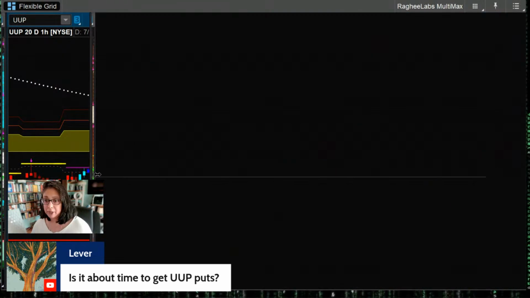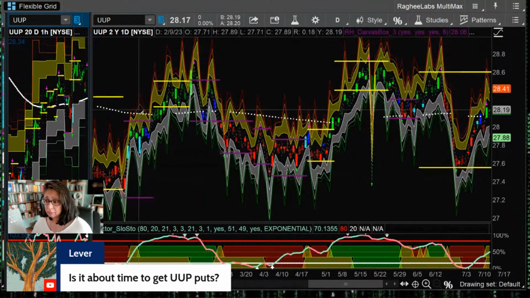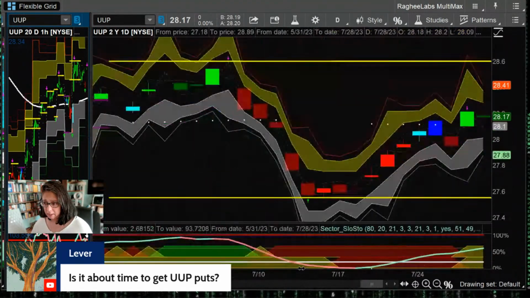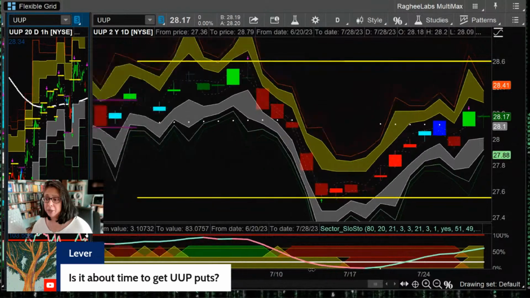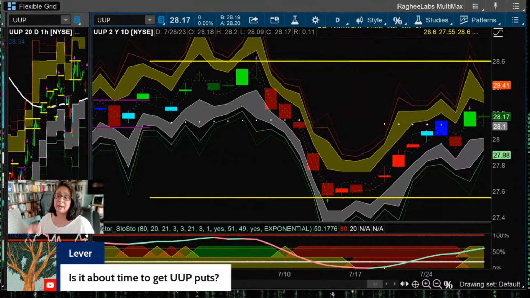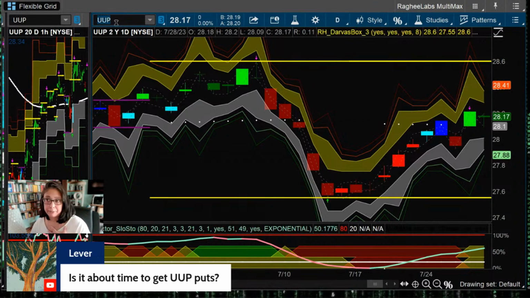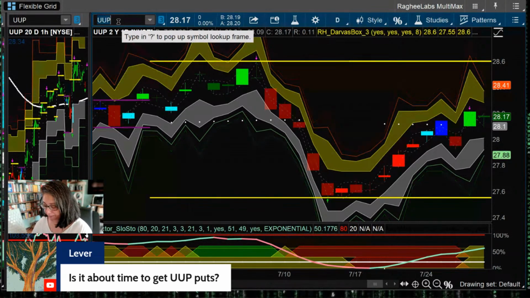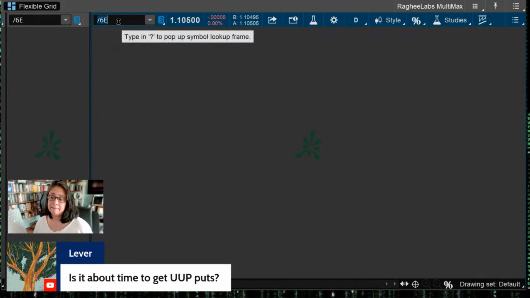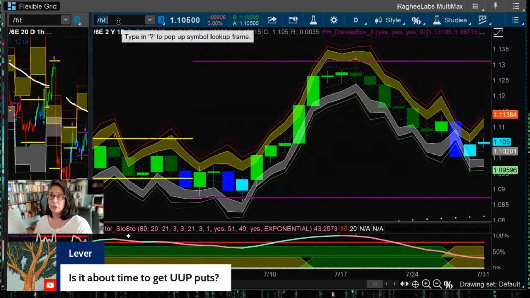All right, so if I'm looking at the US dollar basket here, and there we go, there's UUP. Do I want UUP puts? Yes, I am looking for UUP puts, preferably if we can get up into, that would be great. By the way, Lever, I would prefer to set up UUP by looking at the 6E, the Euro FX currency futures, to set up